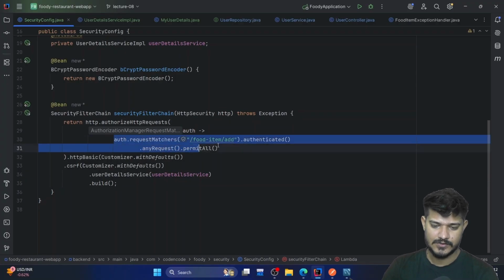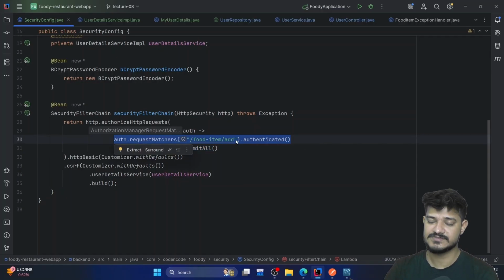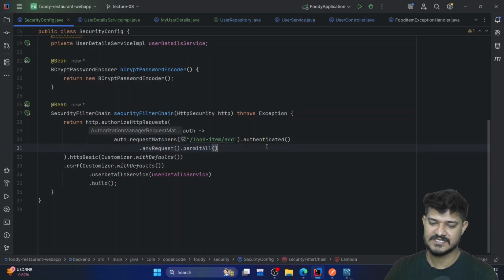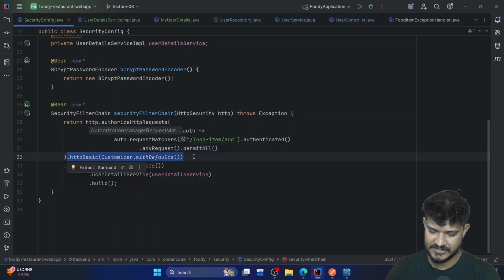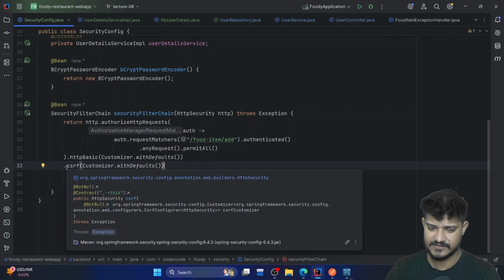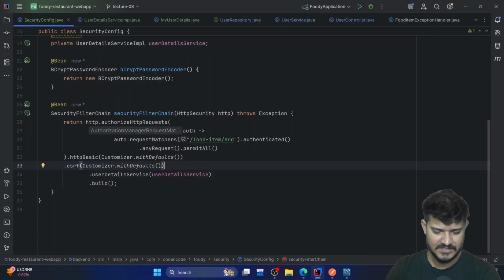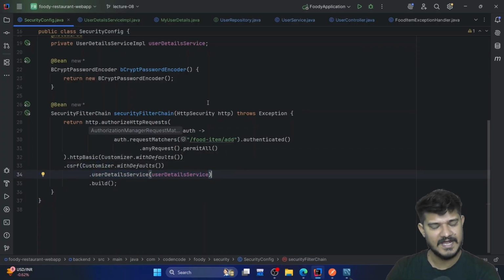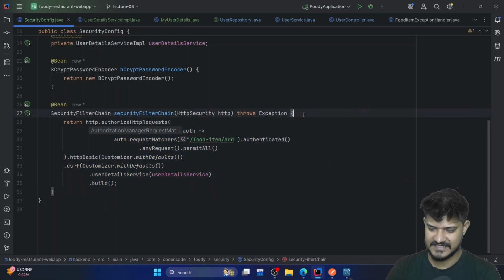So we have authorized the endpoint slash food item slash add, and for any other request we are saying no need for authorization or authentication. And then we have added basic authentication. I'll show you how you can do that. And then CSRF, we have disabled it because REST services are stateless. We don't save any state information, right? So we are disabling it. And then we can provide the user details service and tell Spring Security to use this user detail service to fetch data from the database. Then you can build the object and run it. As simple as that. So if I start the service,